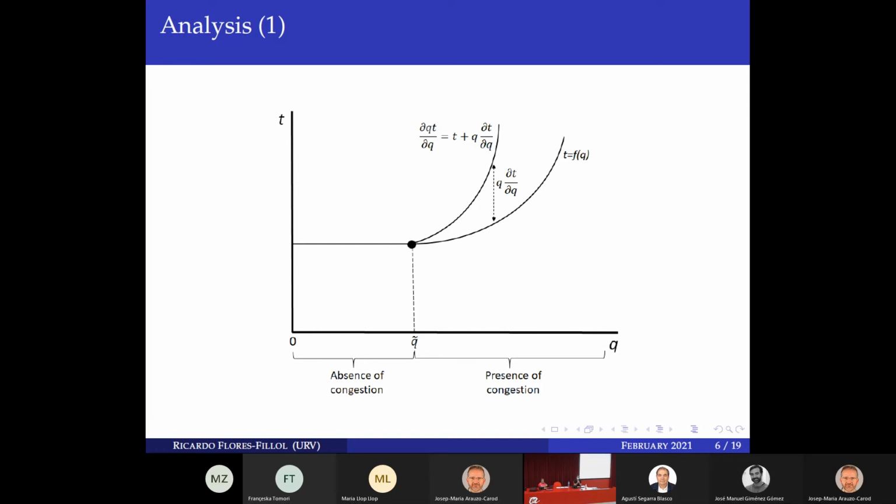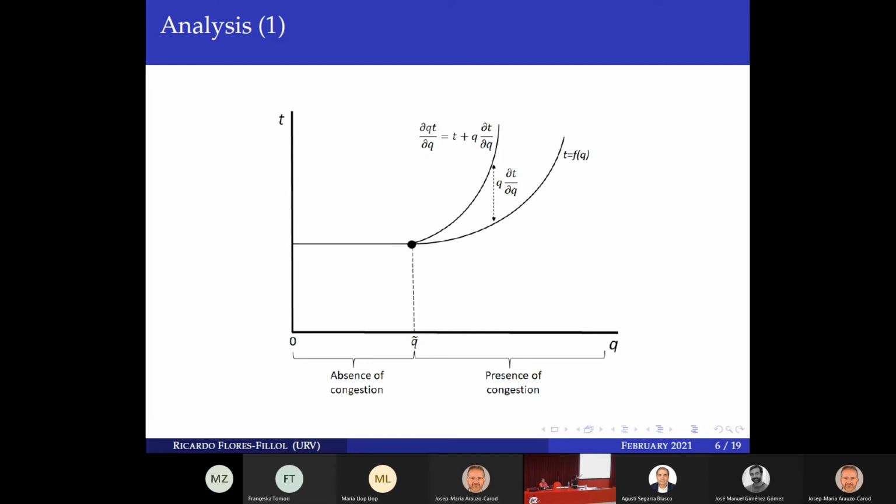In some places where congestion tolls have been implemented, with traffic reductions of about 15%, you pass from being stuck to a free flow situation. So policies are very, very effective. This is the good news. This would be the average cost, the T function here. And then if you compute the social cost, this is the same kind of analysis that you have in public economics when you explain externalities.